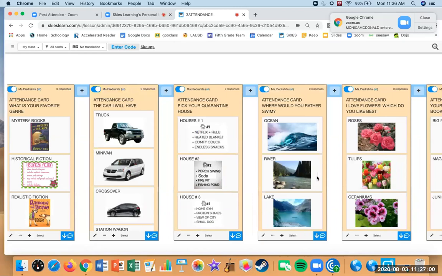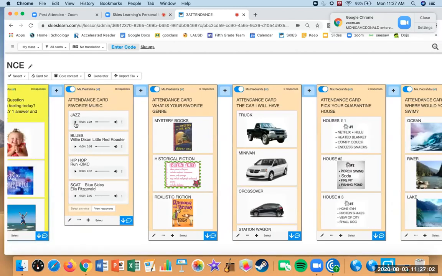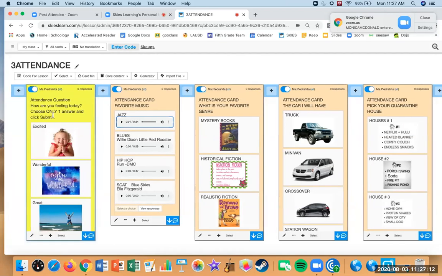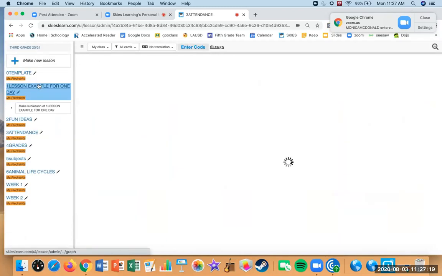I also did one with music because we were learning about jazz and blues, so I made one with sound too. So what was their favorite music that they had learned? So it's fun, and the kids like it, and they always do that card. To go on with my lesson, that's my attendance card